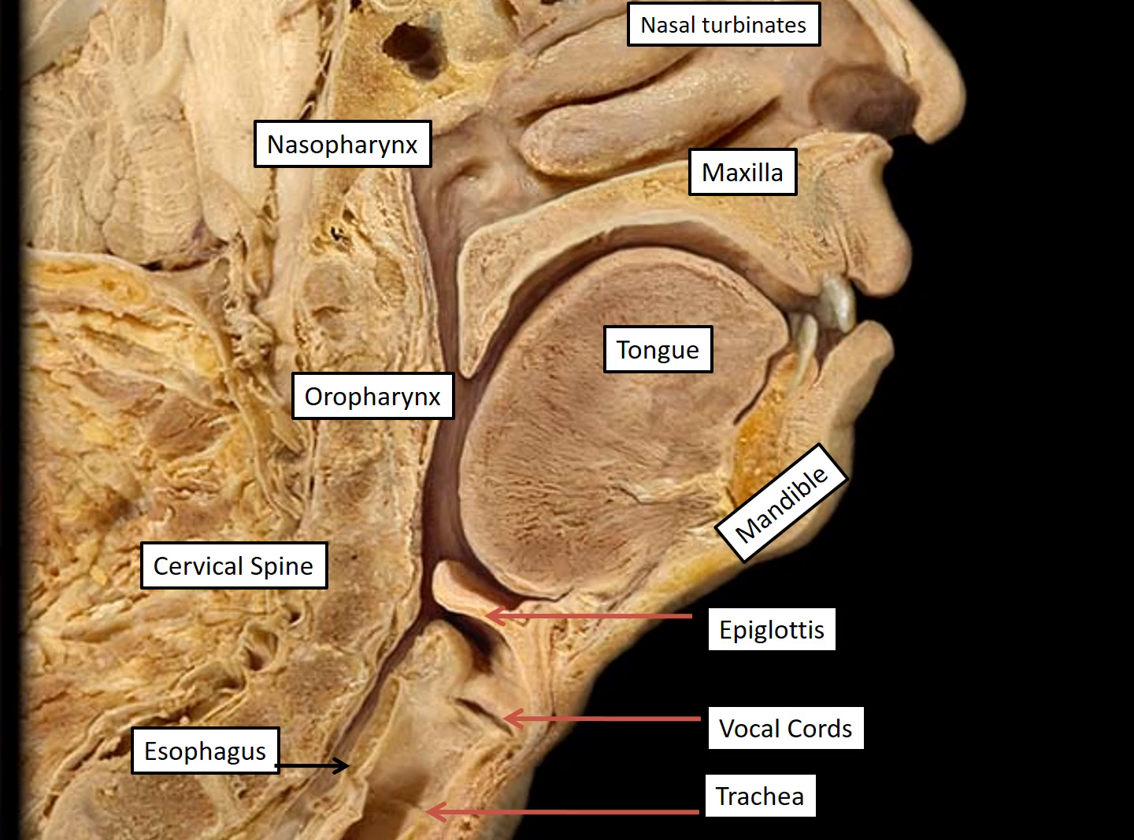Upper respiratory system, now beginning from the nose down through the vocal cords. So everything above the vocal cords is the upper respiratory tract. Everything below the vocal cords, the lower respiratory tract. So you can see the nasal turbinates, the nasopharynx being continuous with the oropharynx. And then you can see how the oropharynx splits into the esophagus, which goes posterior, and the trachea, which goes